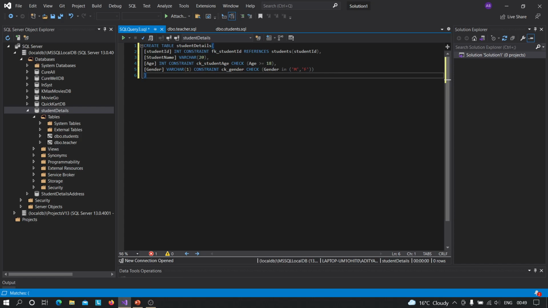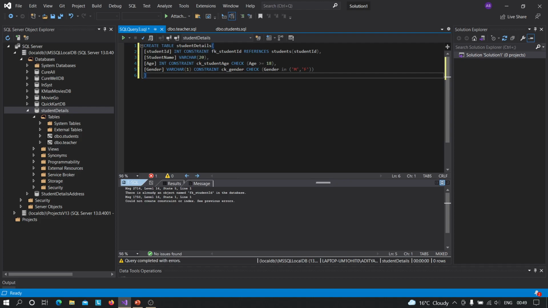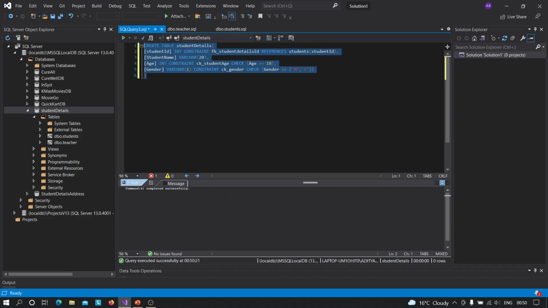So now when we will run this, see, there is already a student. So see, there is one more thing you should see. Here it is telling that a foreign key student ID is already created. So as we have already created a student ID, we will do one thing, student details ID. We can try this thing. As you can see, it is created now. So now I will tell you what the error was about.